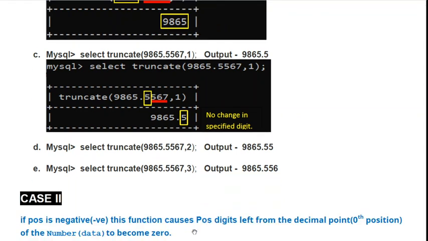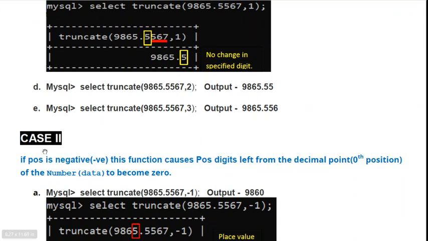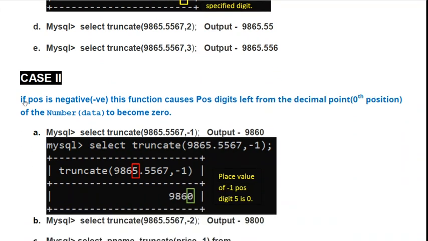Now case 2, second case. If position is negative, this function causes position digits left from the decimal point, or 0th position of the number, that means original data, to become 0. Let us take one example. Select truncate 9865.5567 minus 1.